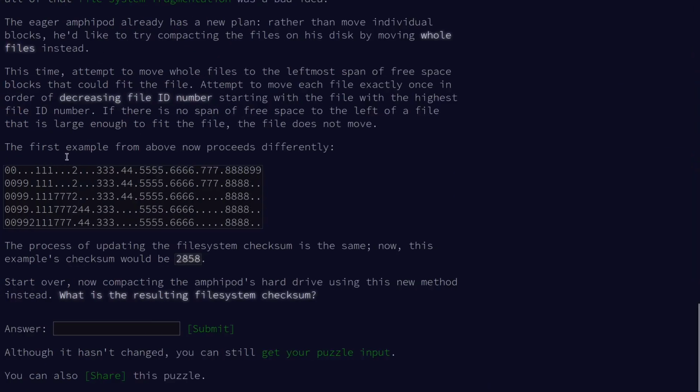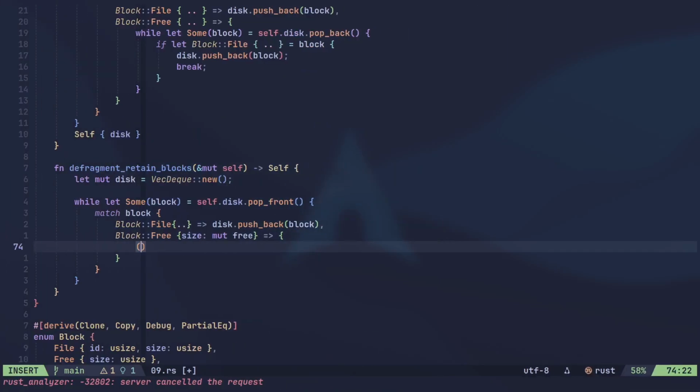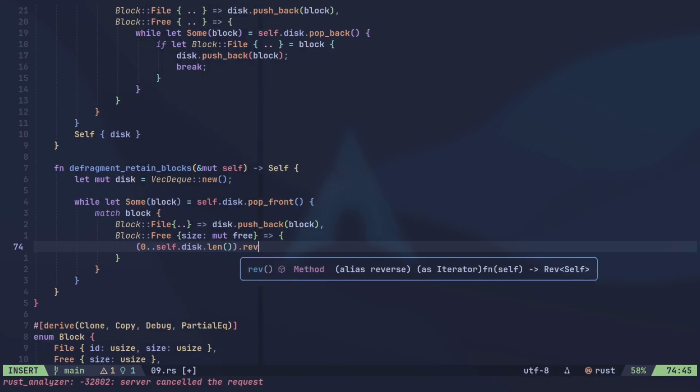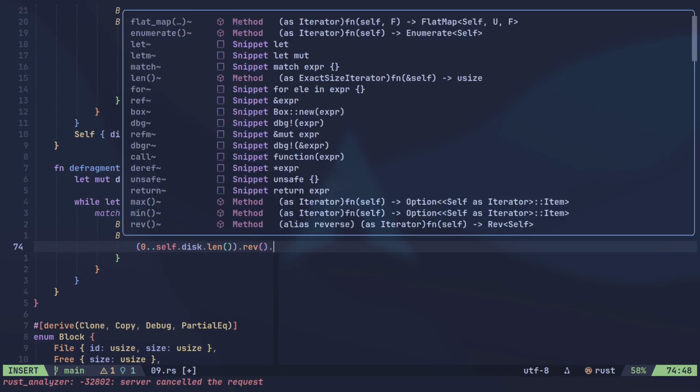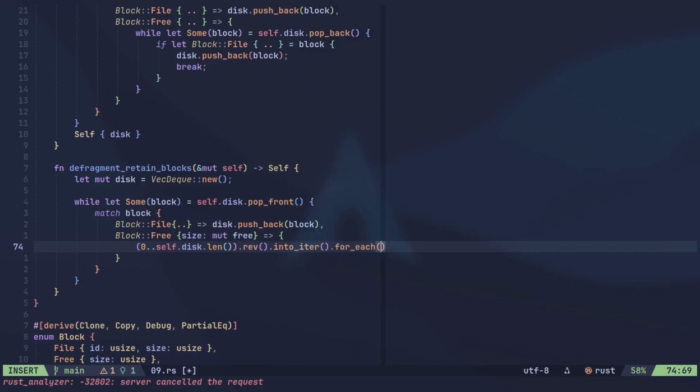We found a free space over here. What we then have to do is we go back and we iterate over the blocks, okay? And we just compare the size of the free space with the size of the blocks. If it is smaller or equal to, we can move it, okay? So 0 to self disk length and reverse, right? We are iterating from the back. Let's put that into iter. So for each index,